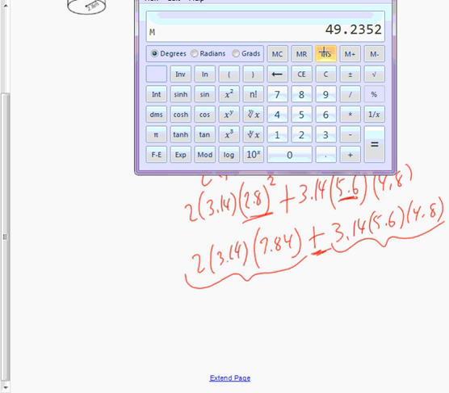Kind of. It means memory store. So what it does is it puts that number in its storage. So what I'm going to do is keep 49.2352 so I don't have to write it again. And now I'm going to do this. So it's